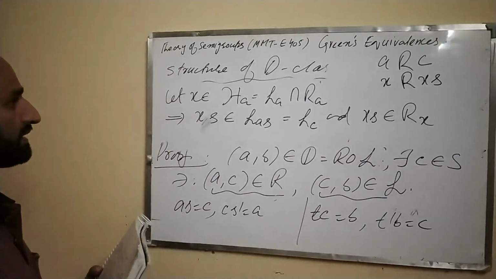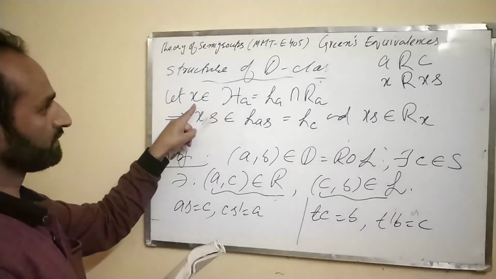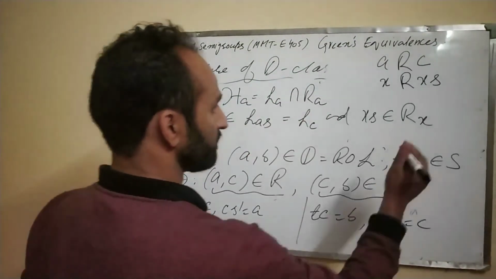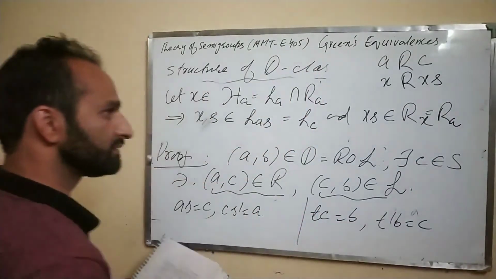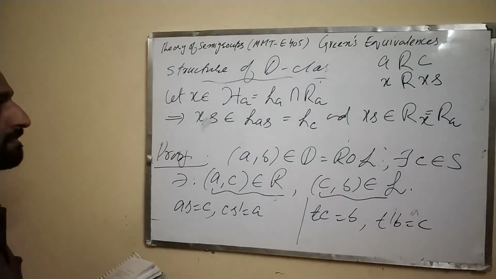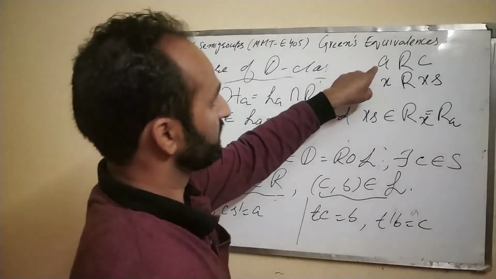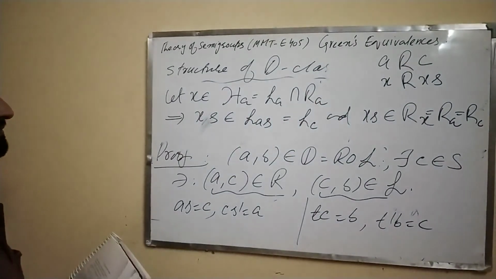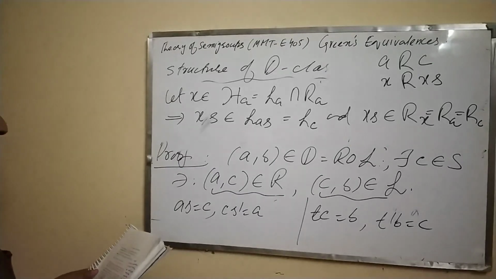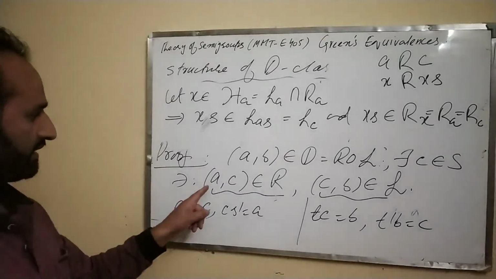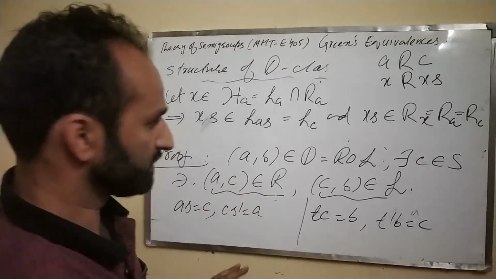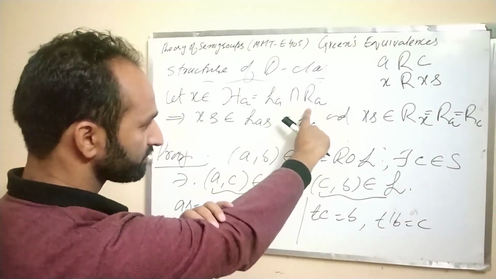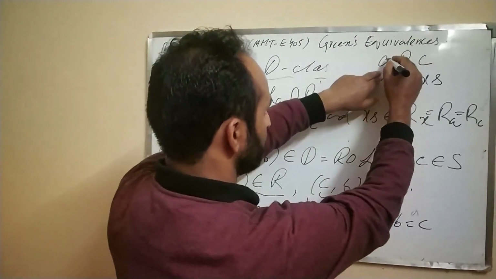But this RX, and X is related to A, so it's same as RA. It's same as RA, and RA is related to C, so it's same as RC. A is related to C. Okay, that's here. A is related to C. So you can easily verify these things. Here, look at this. X belongs to HA. HA is equal to LA intersection RA. Now here A is related to A is